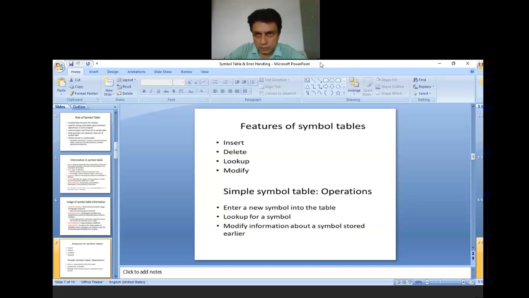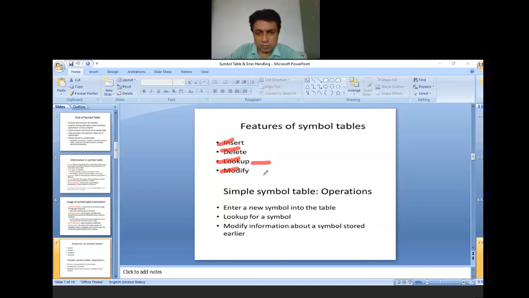Now proceeding further. So these are some of the features of the symbol table. In the symbol table, we can do the insert, delete, modify, or lookup function. Lookup means to search.